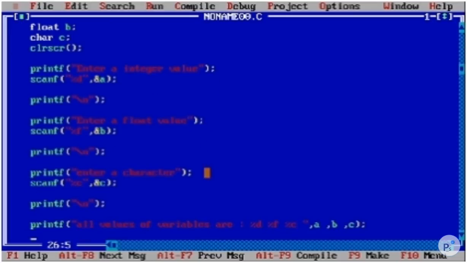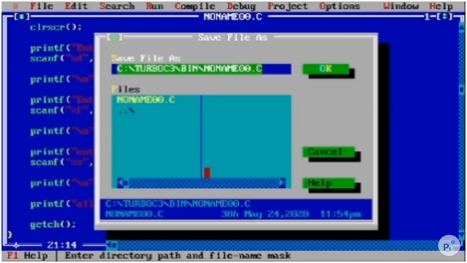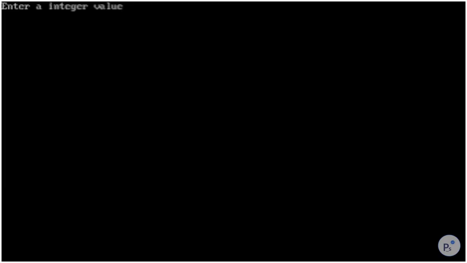Enter a character. Enter integer value 12, float value. Oh, for character, take note here that you need to enter %s, not %c.